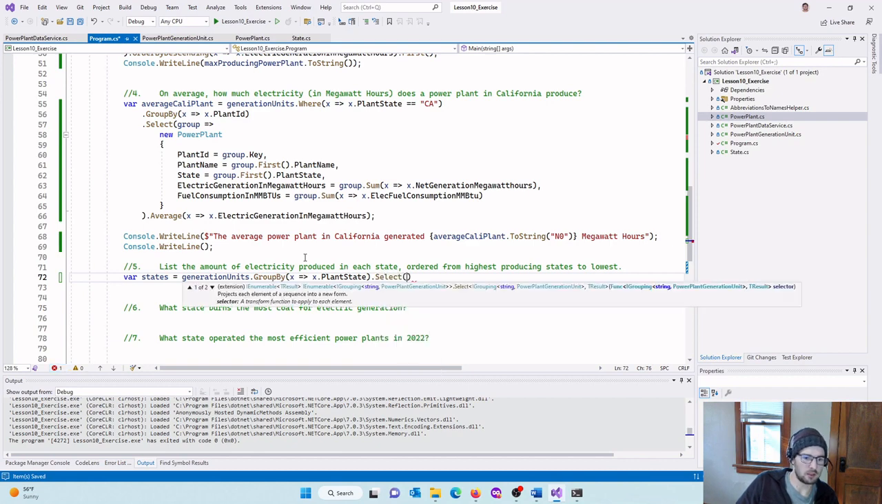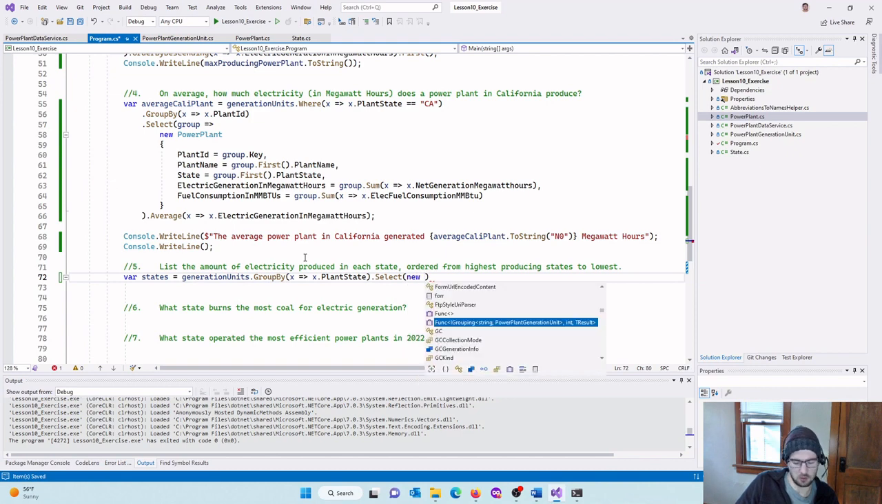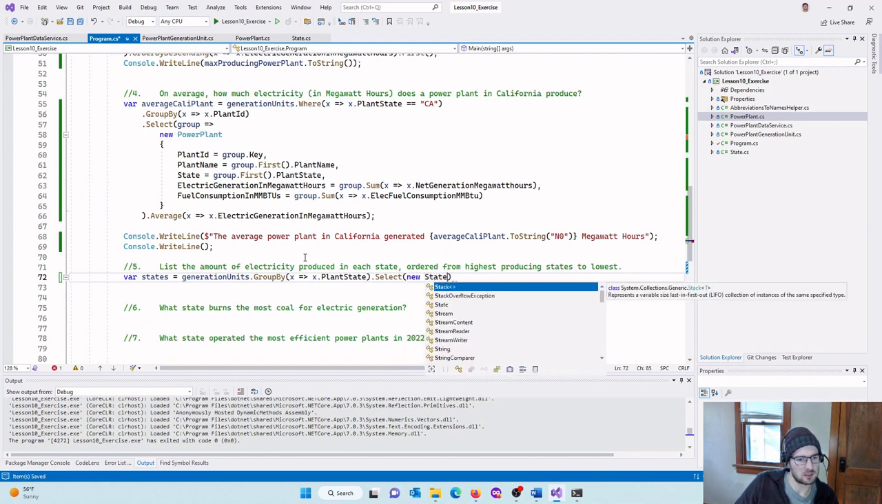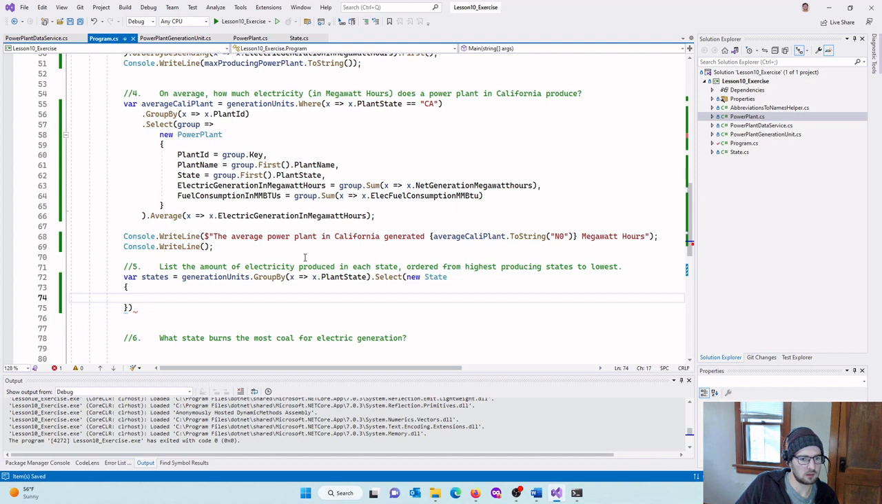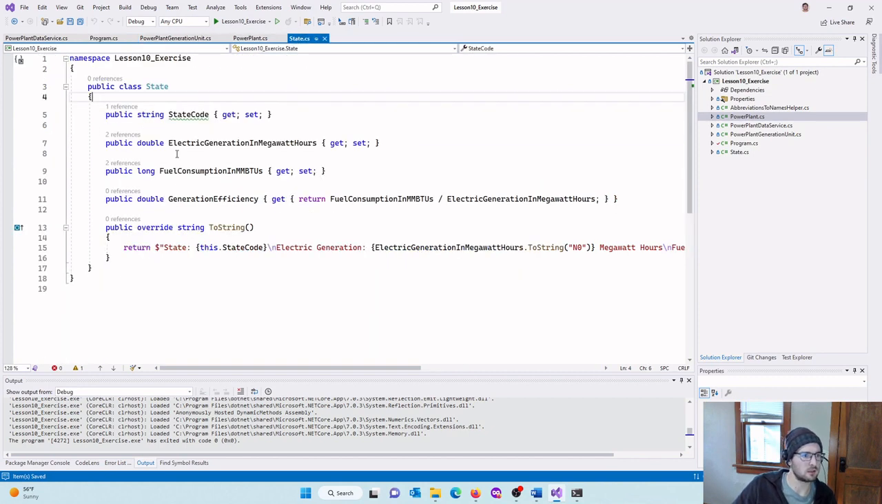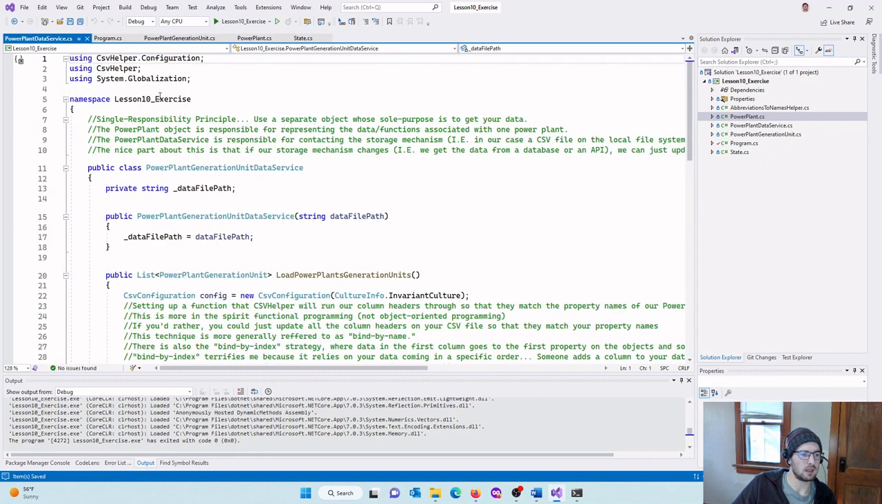from these groupings we want to select out a new state. Okay, and we're making a state object here. So we have these three properties we want to fill out on a state object. This is a dependent property, so that's good. We're good with that. Okay, so